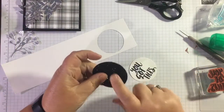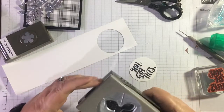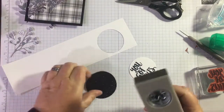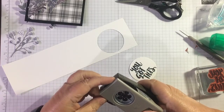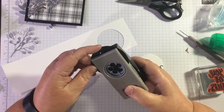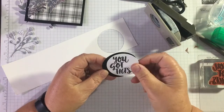Now here's the thing, I am going to punch some flowers. I think this one's maybe too big, let's see. Oh, it's too much of a footer now, isn't it? I was going to say I could have punched some flowers out of the middle of this. Could I do it with that one? Yeah, I could get a couple of these out. Just, or maybe not do that one. But we'll just take that one out, and that will give us